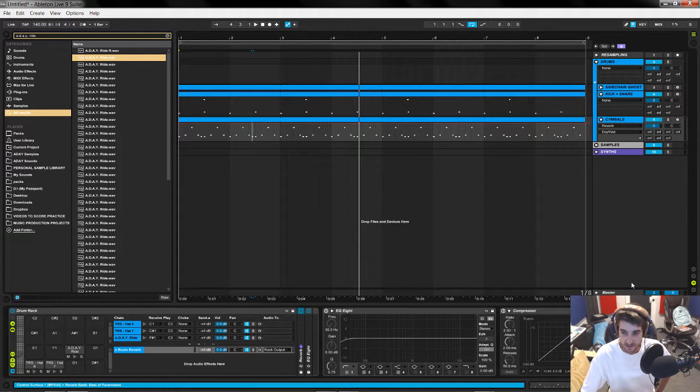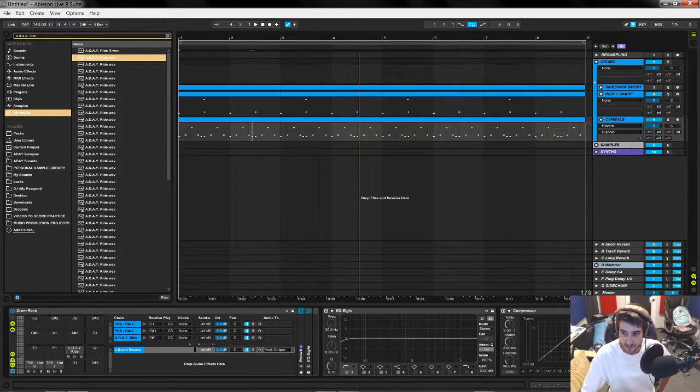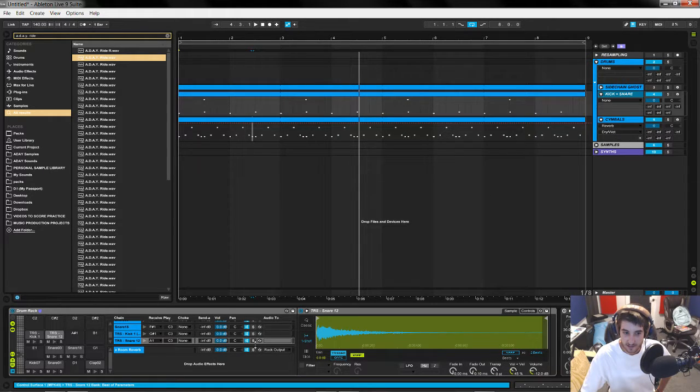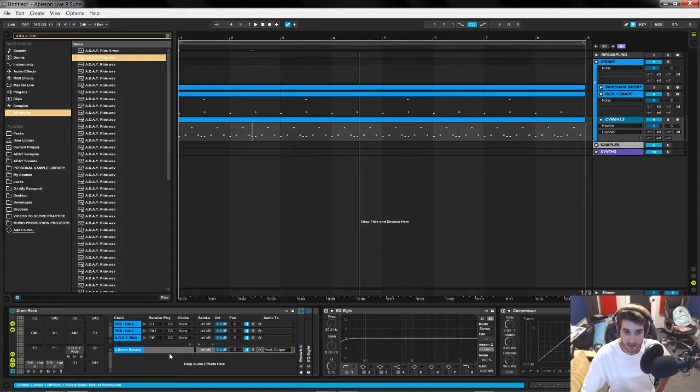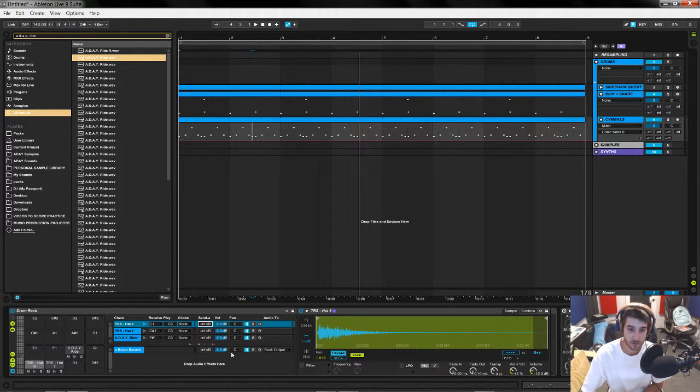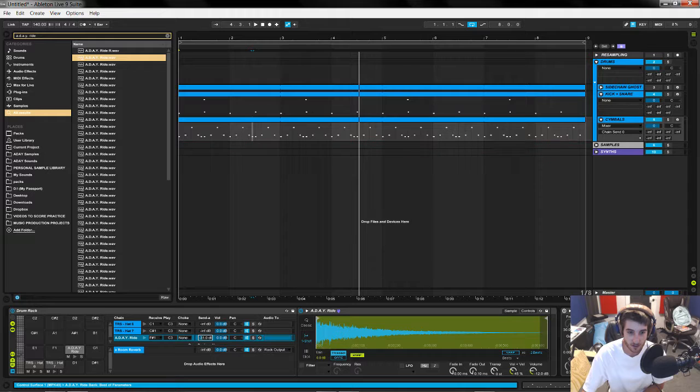But instead of sending it to the sends out here, I have a different send for the kick and snare and the cymbals. So instead of sending this whole cymbal to that return channel, I could control individual samples into that reverb. So it's pretty cool set up. I want a little more reverb on the ride.